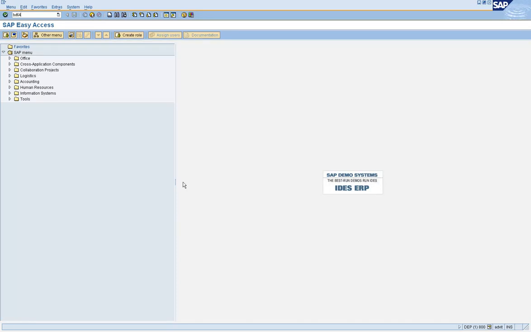Now you should use this transaction BD64 for creating the model view only in the central client.